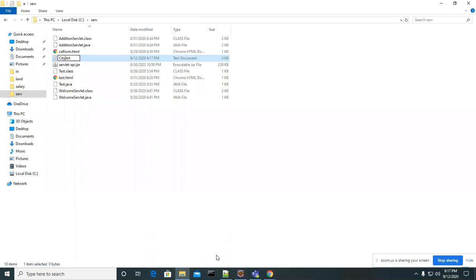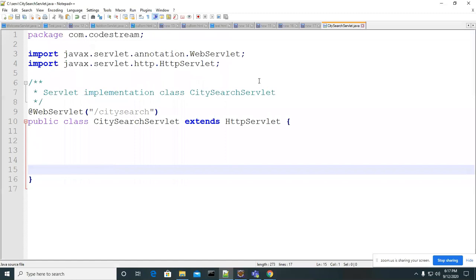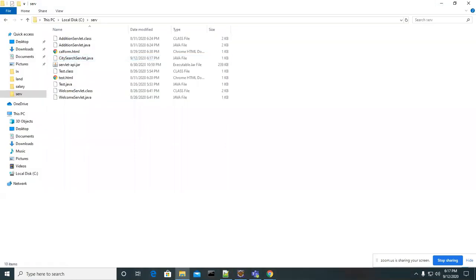Let's search for this CitySearchServlet.java. Okay, I'm pasting it over here. This is the package name we have. Now I have to compile it.